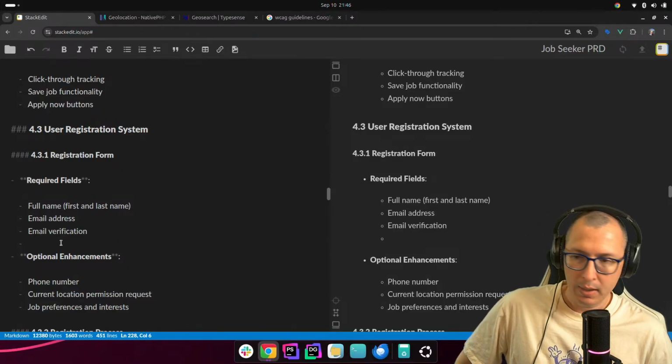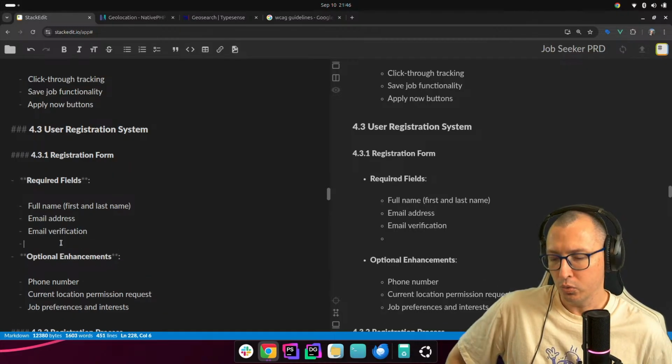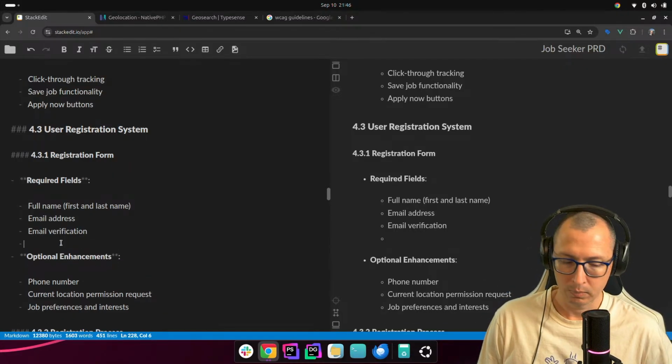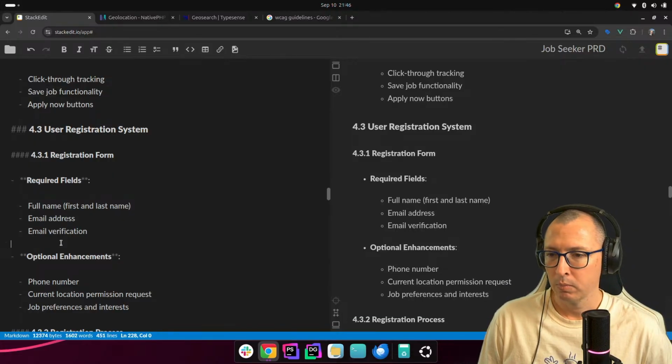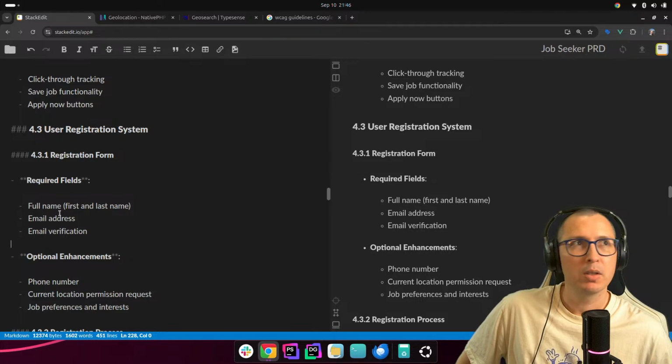We could have email verification. Yes, that sounds useful, so that we don't have bots. So the registration phase could be, hey, do you want to fill in all of this?